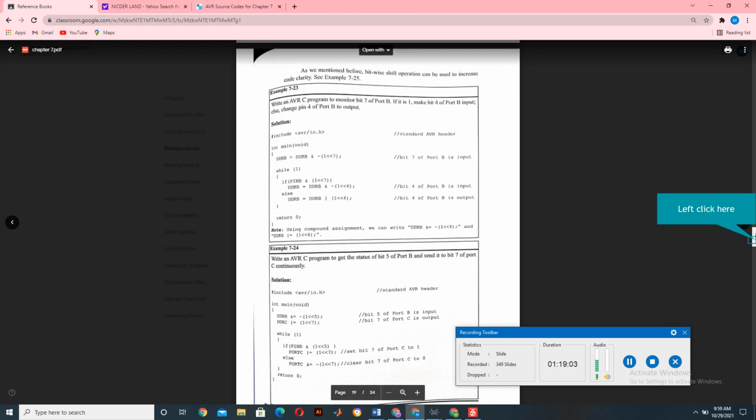Okay, write an AVR C++ code to monitor the bit 7 of port B. If it is 1, make pin 4 of port B input, else change pin 4 of the port B to output. So